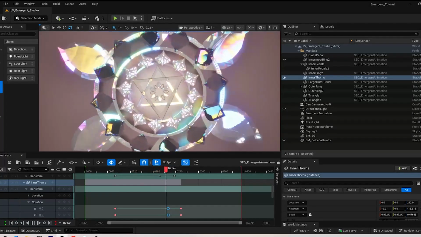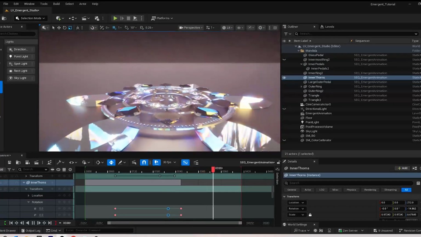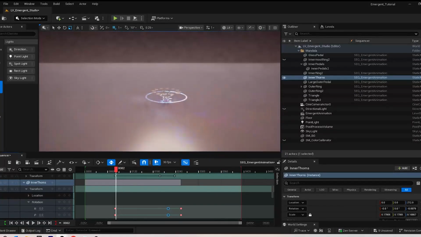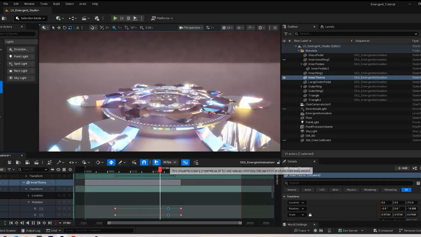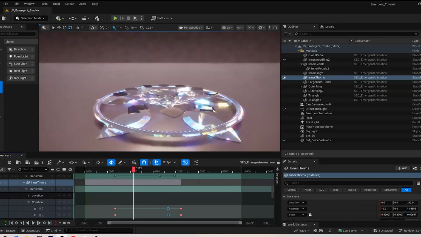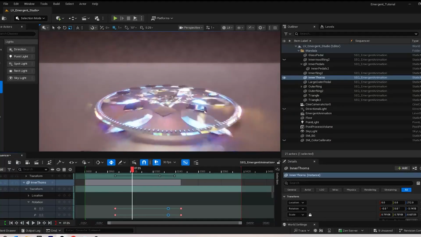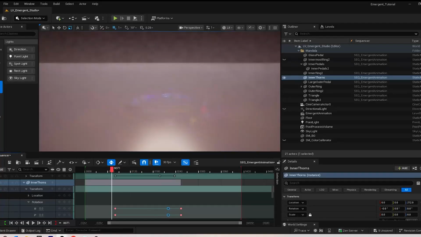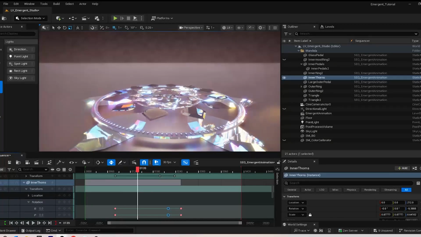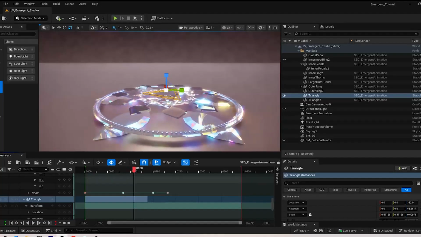And if we go to a different angle so you can see, depending on your setup and what geometry you have, it may be beneficial for you to even have these move along this z-axis. So you can also change location as well. So for example, I'll show you that here. If we want to do the triangle transform,